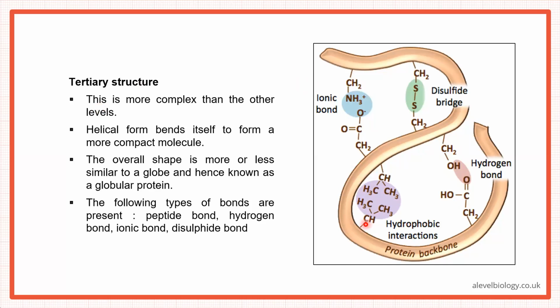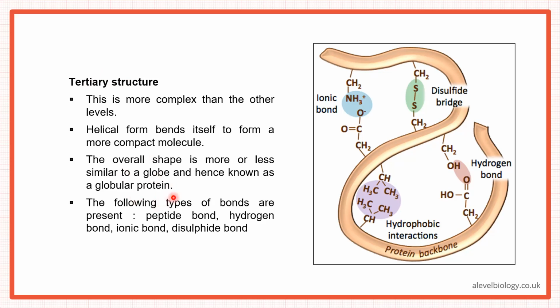So remember, polypeptide chain will be there, hydrogen bonding will be there, but now we have more bonds. So this is a more complex version. Helical form, because with the hydrogen bonds forming, it has this helical form, but it bends itself to form a more compact molecule. As it goes from primary to secondary to tertiary, it keeps on bending and folding. Overall shape is more or less similar to a globe,